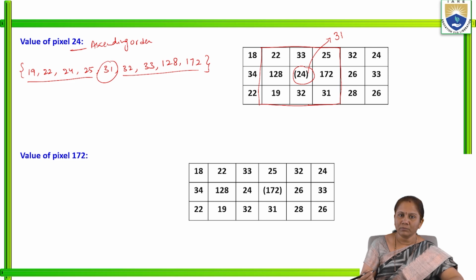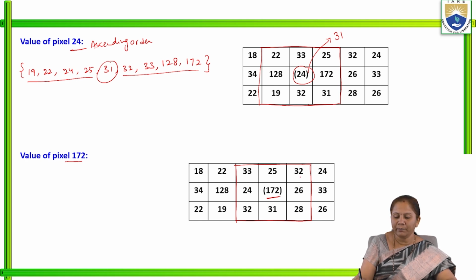Similarly, in the question, after 24, this 172 is the marked pixel. So we have to find the new value of the marked pixel 172. In order to make this 172 the center pixel value, we have to shift the 3 by 3 mask such that 172 becomes the center pixel value. If you shift the mask, the new pixel values under this mask will be 33, 25, 32, 24, 172, 26, 32, 31 and 28. So considering these 9 pixels,